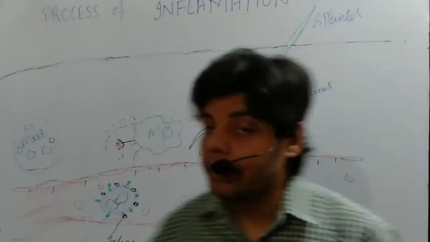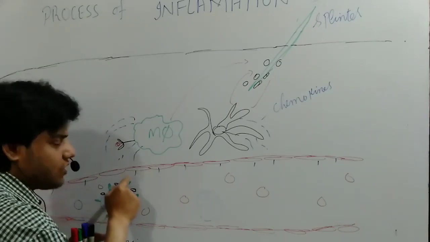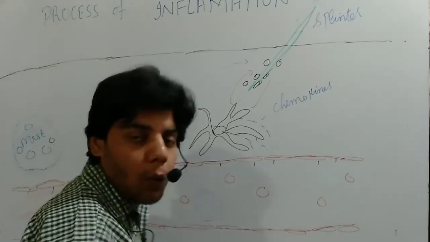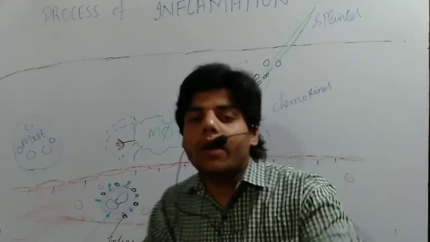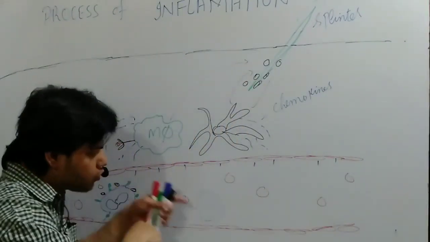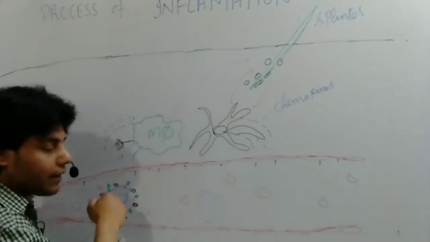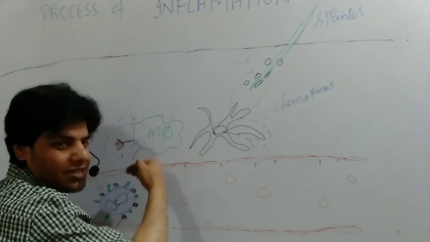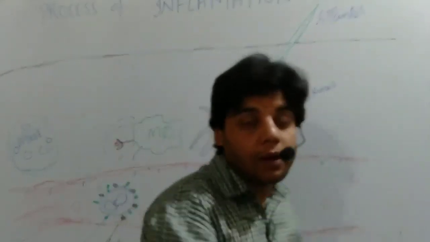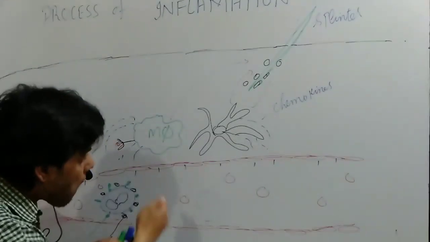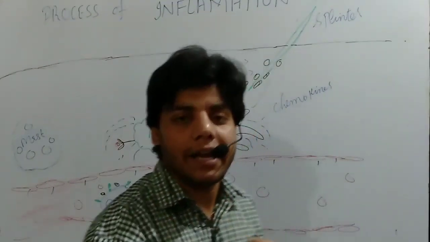Now after that, what actually happens? The carbohydrates present on the neutrophil surface just touch each selectin. Once they touch each selectin, what happens? These neutrophils cause a rolling motion. They are now rolling on each selectin. By this carbohydrate touching the selectin, these neutrophils are now rolling, and after some time at that specific area, at those endothelial cells, there are some other adhesion molecules